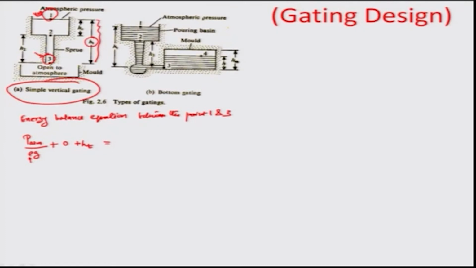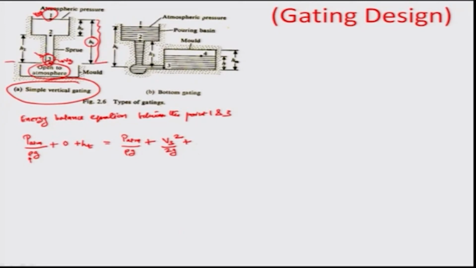Okay. So, basically the mold we are assuming is open to the atmosphere. So, obviously the pressure at 3, at the end of this sprue, would also be atmospheric pressure. So, let us say P atmosphere divided by rho g plus the velocity head at point 3, where I assume the velocity of the liquid metal to be V 3. So, obviously the velocity head would come out to be V 3 square by 2 g, and then you have the potential head in this particular case, which is equal to 0, because if I assume this to be the datum line,